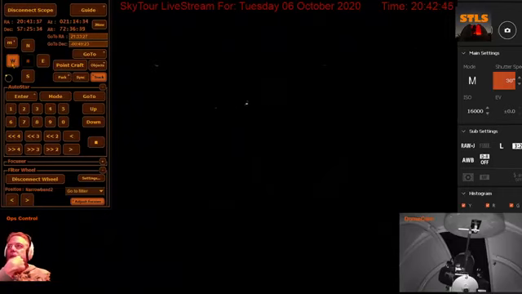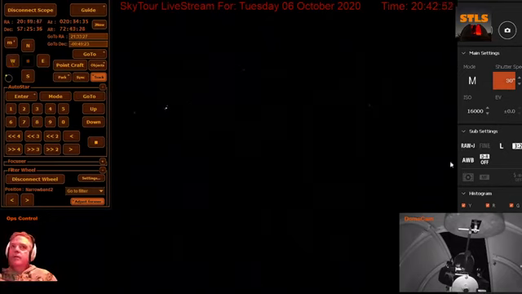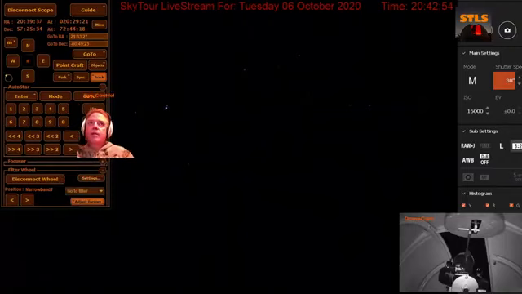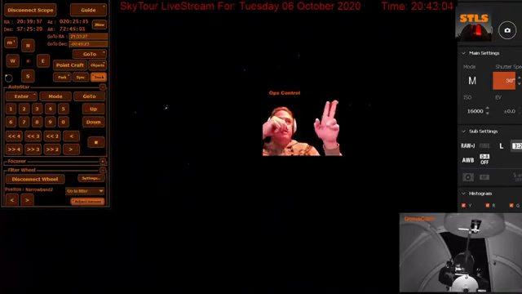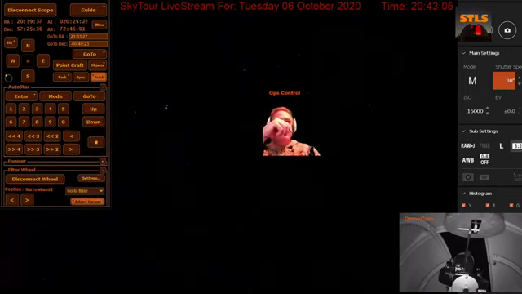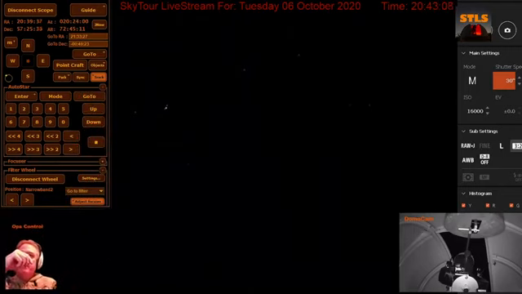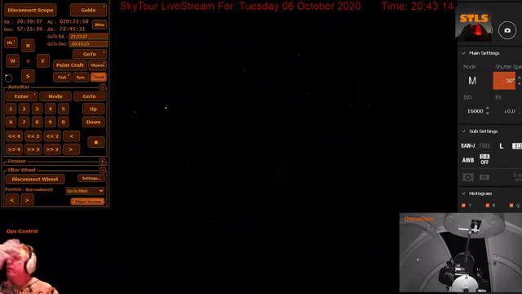This object here that we're looking at is something called the elephant's trunk. And I recognize this little cluster of stars that you can see right here. There's actually 3 stars in there that are kind of tough to see. But the elephant's trunk is actually right about here. It's sitting right here. And it's a long, dark nebula. And I figured before the moon rises, we should try and see if we can image it just for fun.